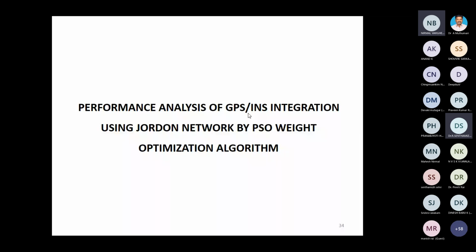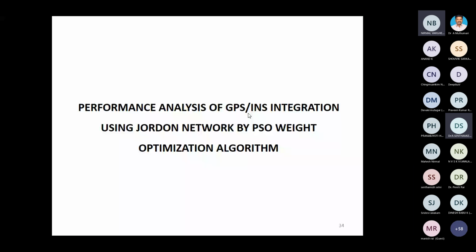The PSO is a particle swarm optimization algorithm. This is based on the evolution of swarms, right? The swarms have a habit of food searching. Wherever you are going to get your food, the locally best of the swarm will be achieved first, and after that you will get the global best of the search.